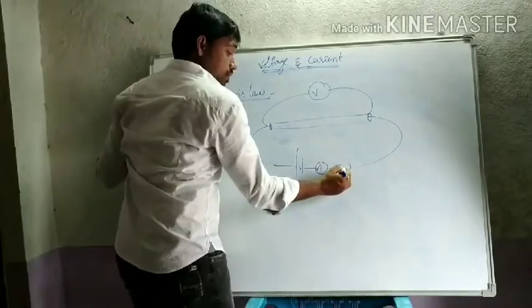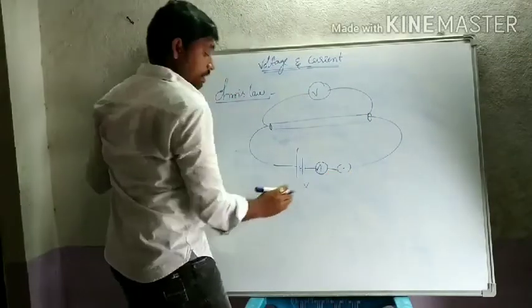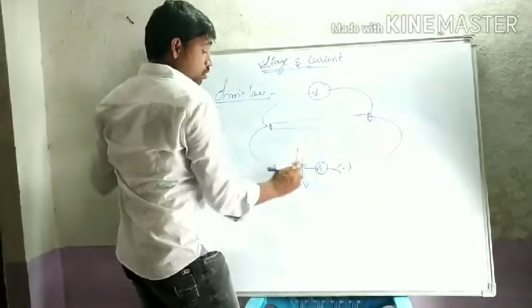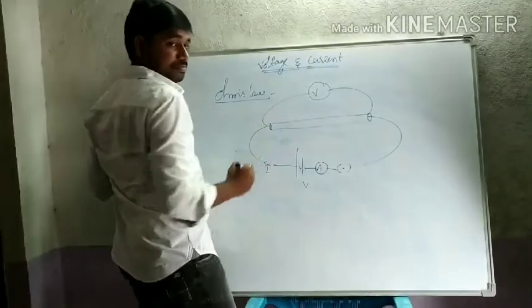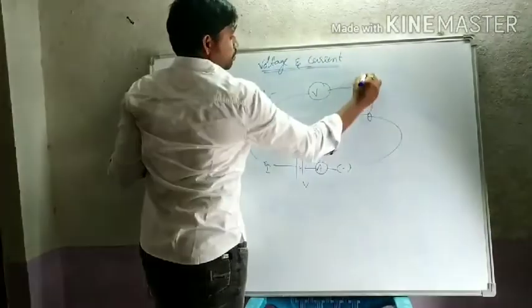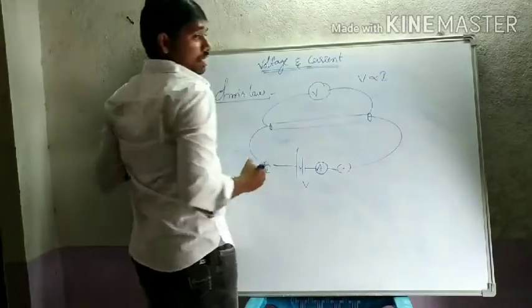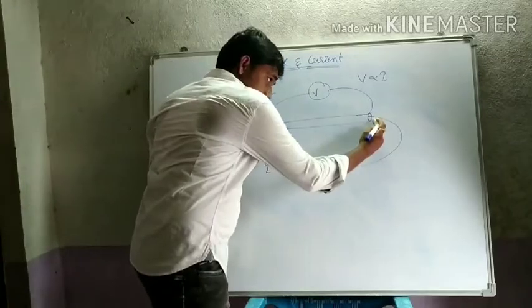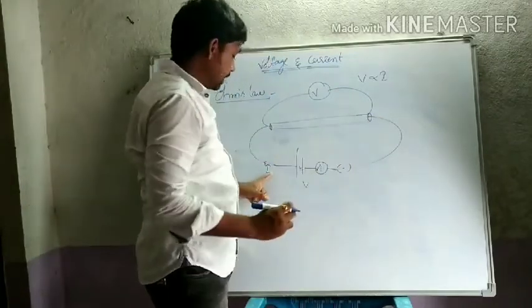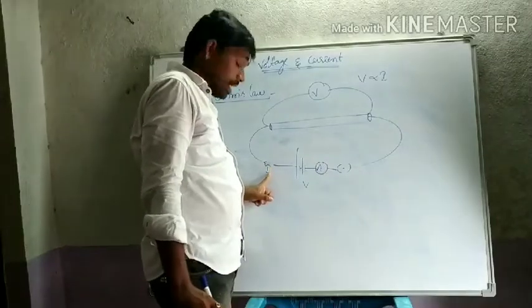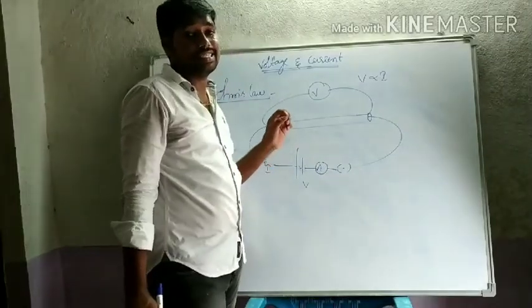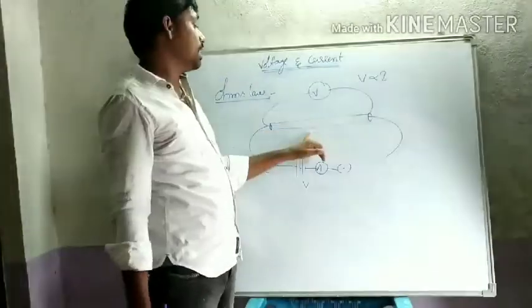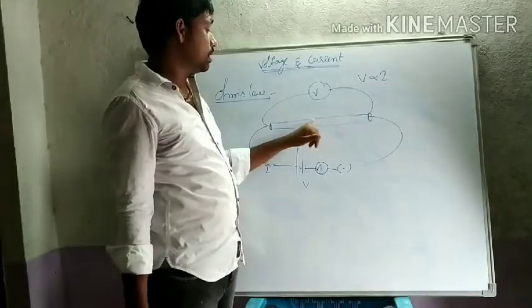Whenever the switch is on, the potential difference V connected across the terminals of a conductor is directly proportional to the current flowing through it. That is Ohm's law: V is directly proportional to I, at a constant temperature and constant physical parameters of the conductor, that is, the length and area of cross section of the iron spoke.